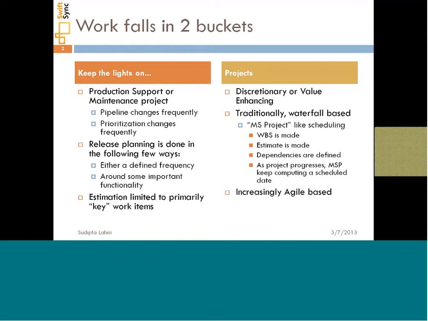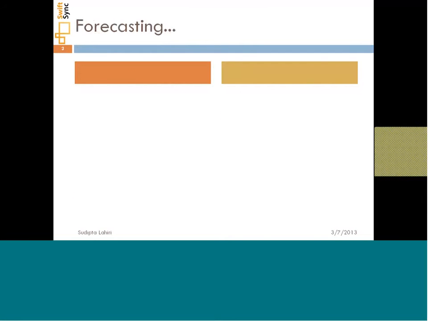And obviously we are seeing an increasing agile adoption in both the buckets. Actually, it's not fairly accurate to say it's only in the projects, but typically this is the dominant world of software development as we see today. And therefore forecasting in these two categories is also quite different. In the keeps mode, in the maintenance mode, things are generally non-committal. Between scope and time, if the scope is committed, then the time is non-committal. If the time is committed, then the scope is kept open in terms of what we can fit in that time.